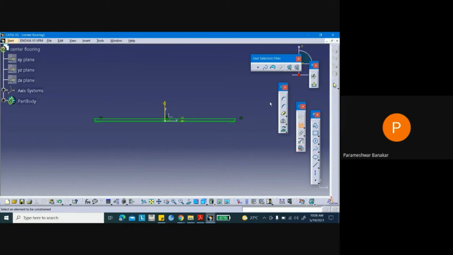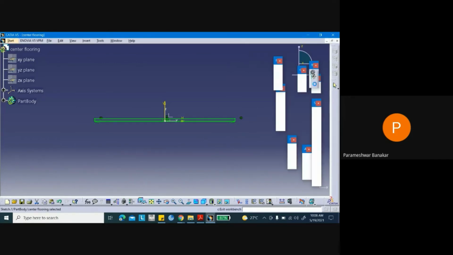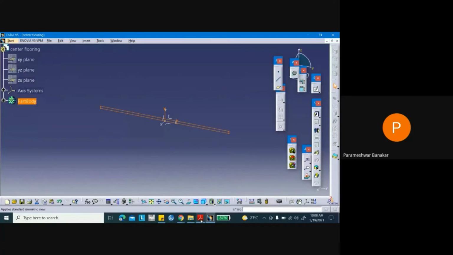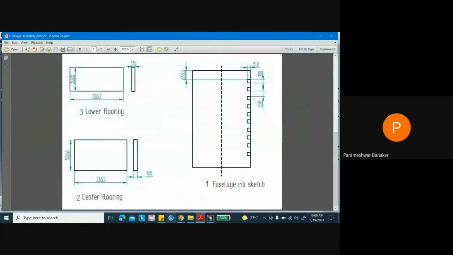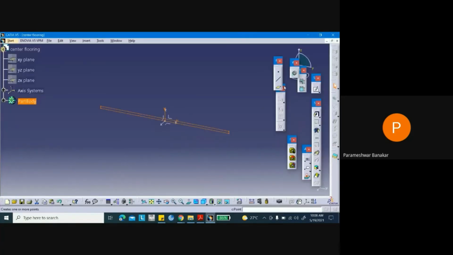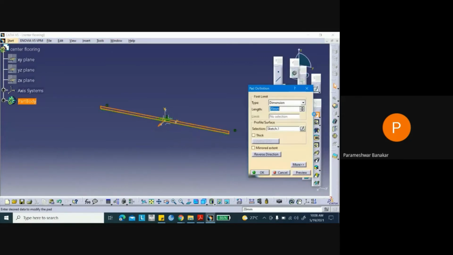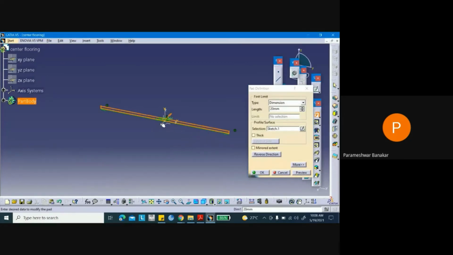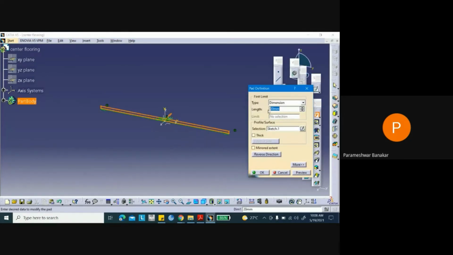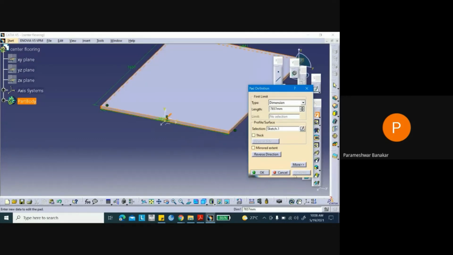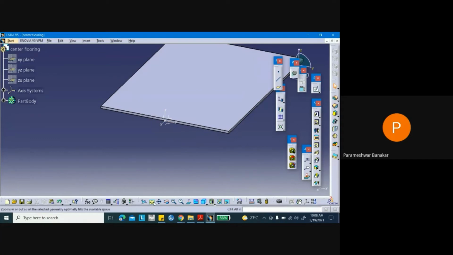So now you can exit Workbench. And what is the dimension? 7657, the length. So give pad option. In reverse direction, I want 7657. Give OK.